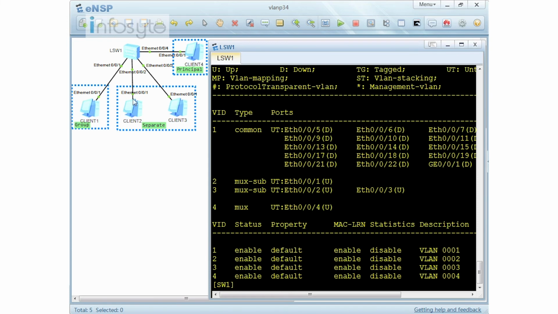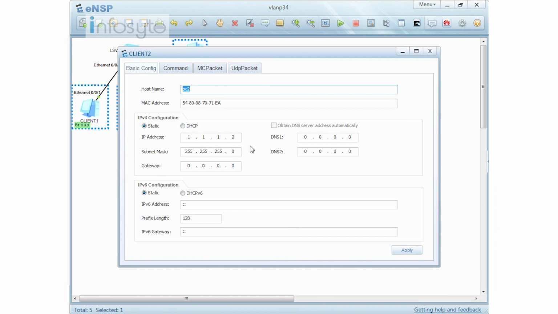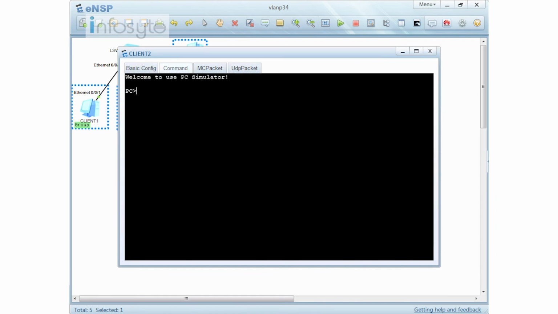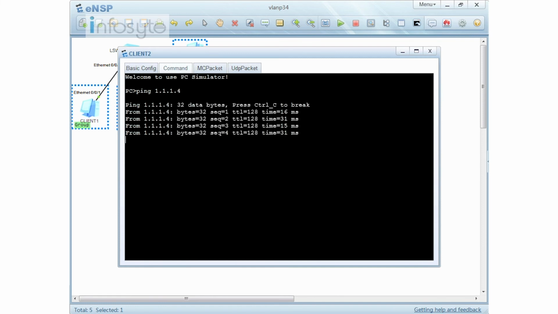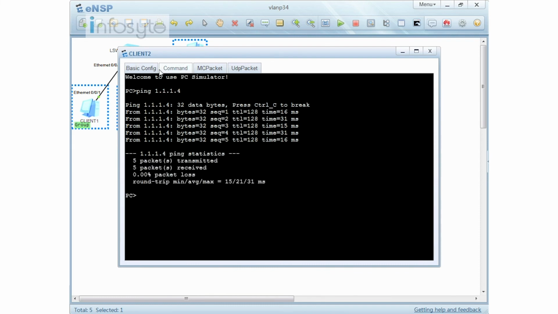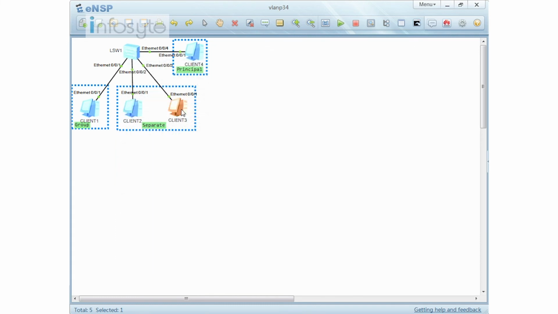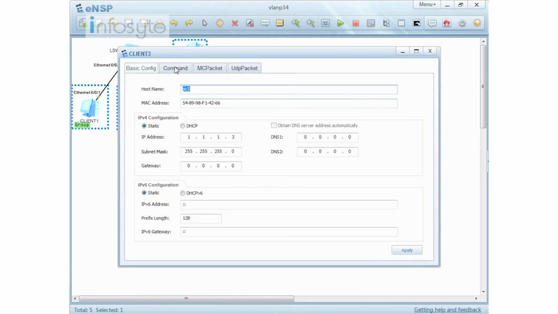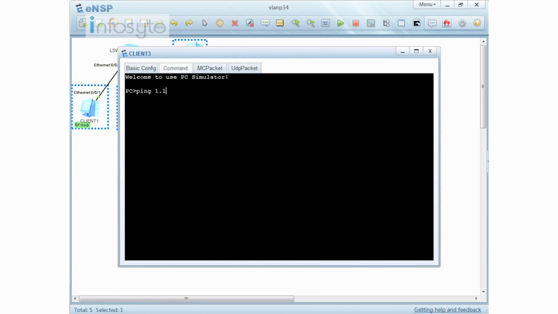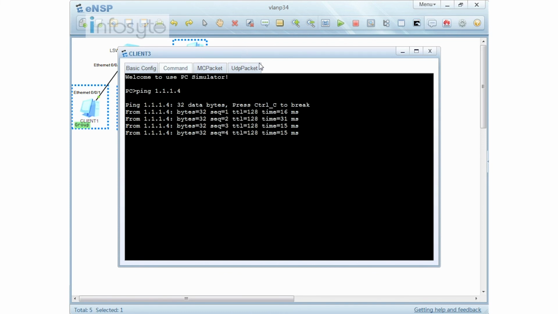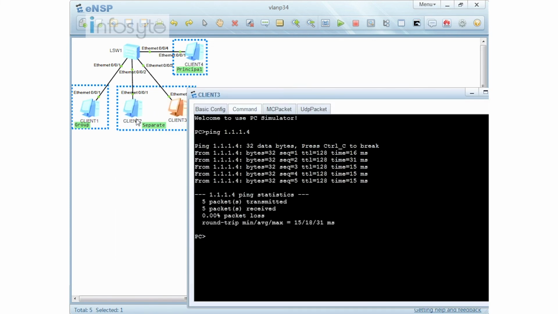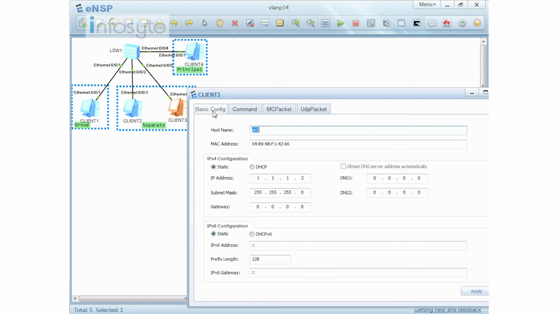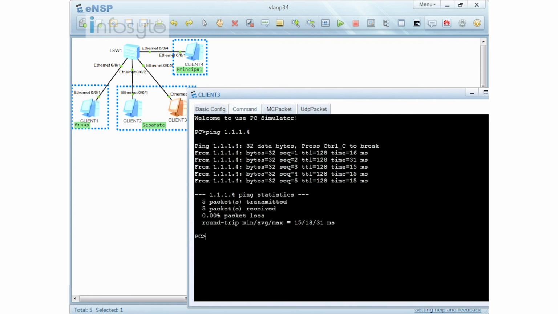Let me go to number 2. This is 1.1.1.2. I'm going to ping 1.1.1.4. You can see that I'm able to ping, that's client 2 to client 4. On client 3, 1.1.1.3, again I'm going to ping 1.1.1.4. That is also able to ping. But now, because you are in a separate, client 2 and client 3 should not be able to ping each other. So this is client 3, and I'm going to ping client 2,